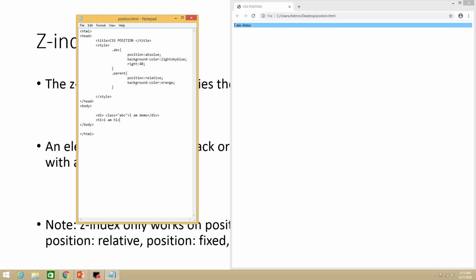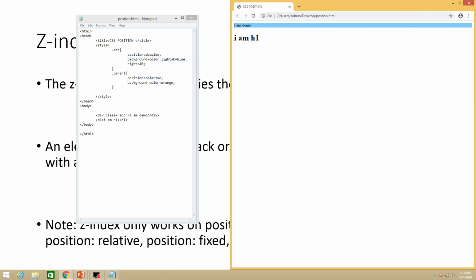Okay, so let's write h1. If I write h1 and print it here, it says I am h1, and now it's correct. So here you can see I am h1 has been written here,